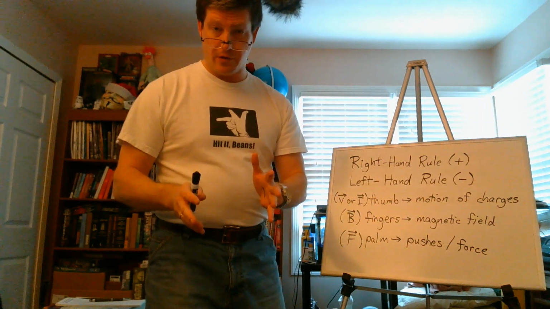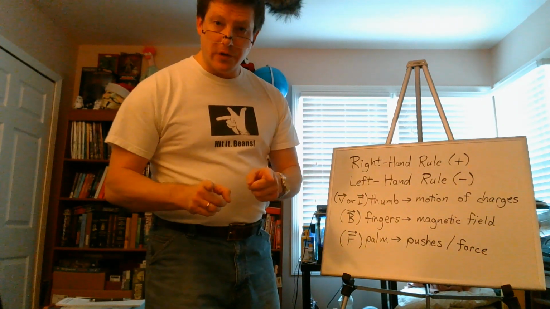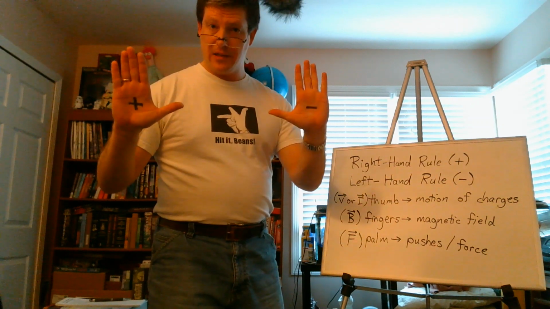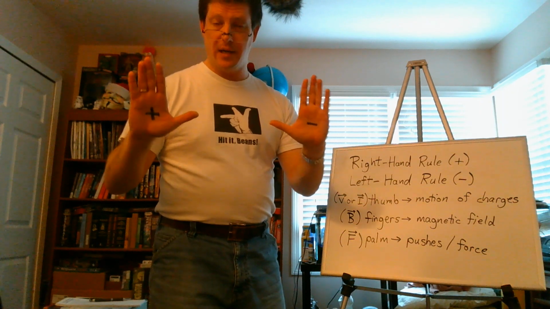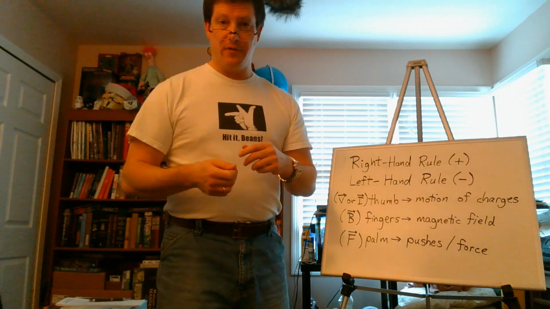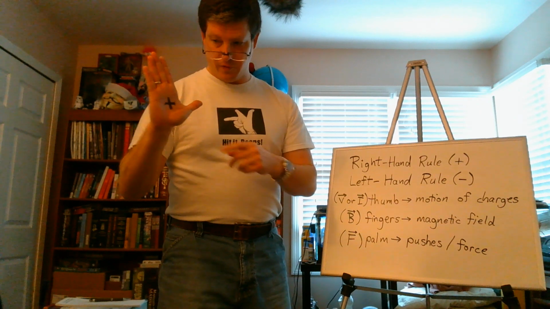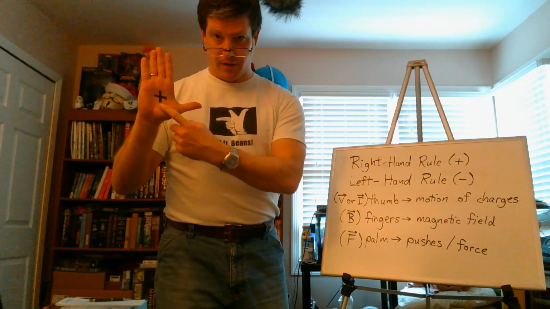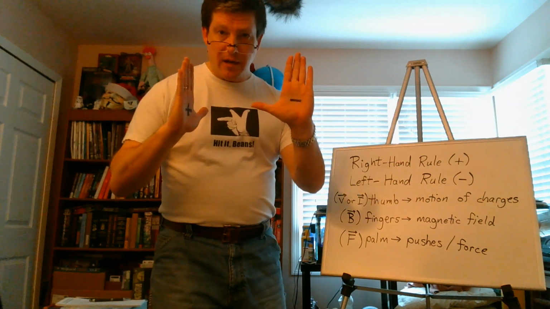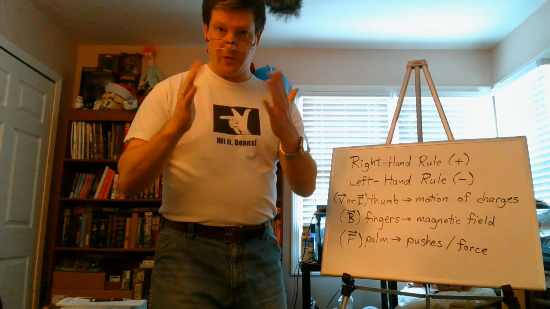What about neutrally charged particles, such as neutrons and neutrinos? Here's a great way to think of it. Neutrally charged particles have equal amounts of positive and negative. Let's suppose you've got a neutron moving through a magnetic field. You can think of it as the positive parts of the neutron will feel a force in one direction, as indicated by my palm here, pointing in that direction. And the negative parts will feel a force in the opposite direction, because the particles are sticking together in the same